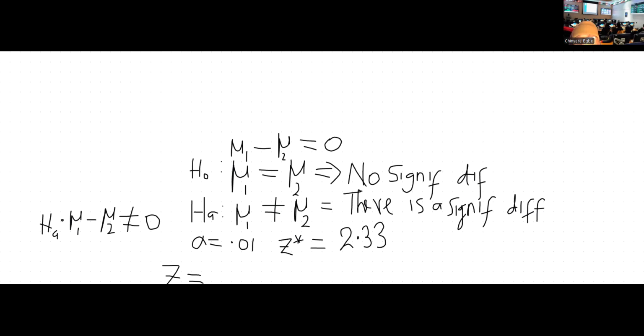The alternate hypothesis is that mu1 minus mu2 is not equal to 0 if they're not equal. And so we calculate Z, and Z is